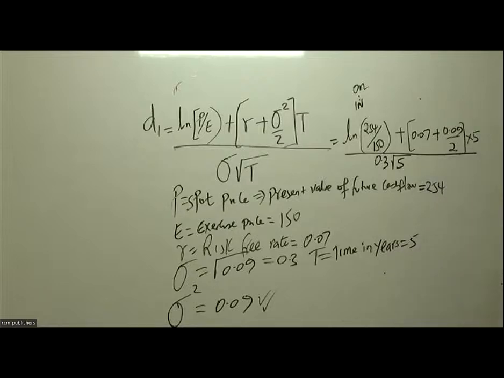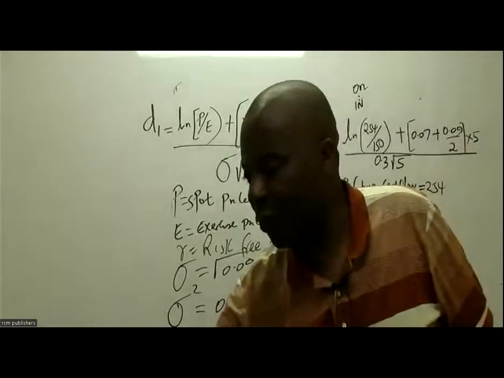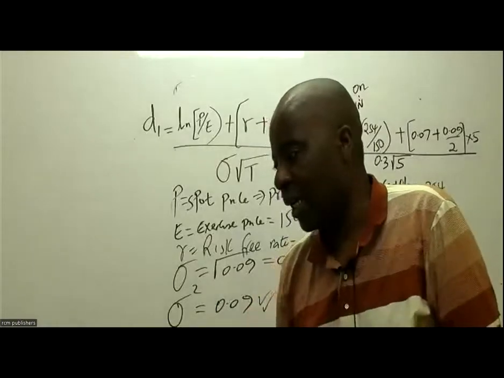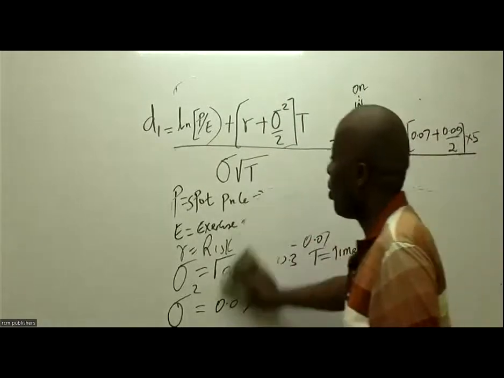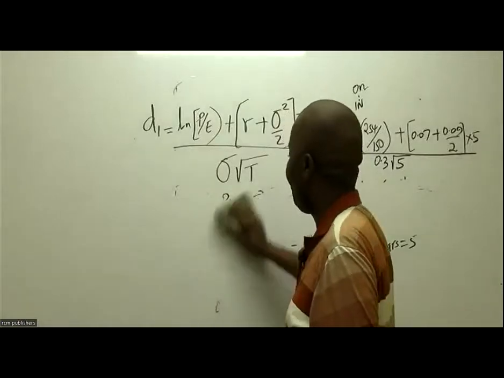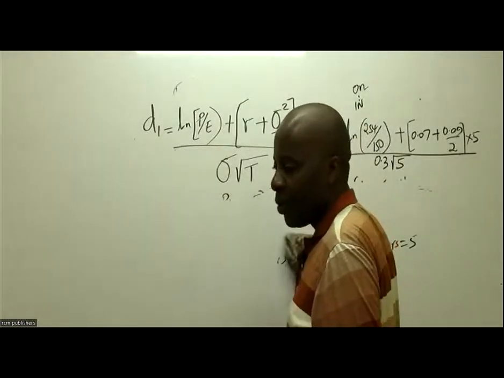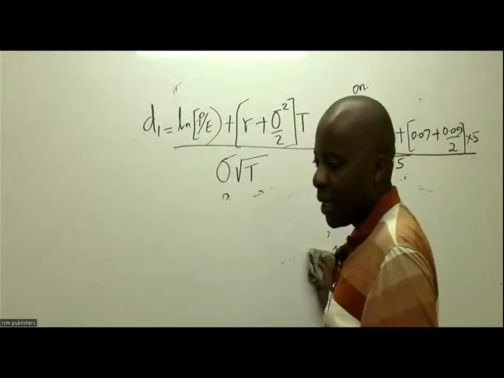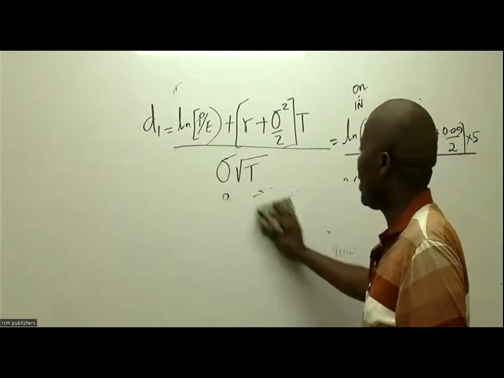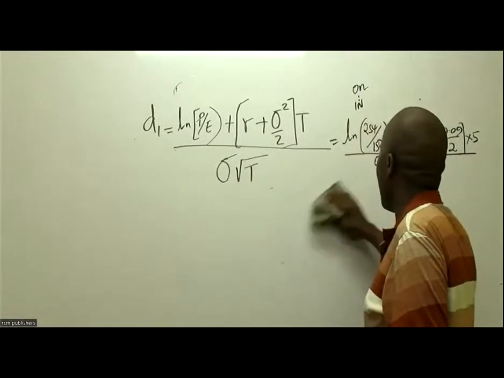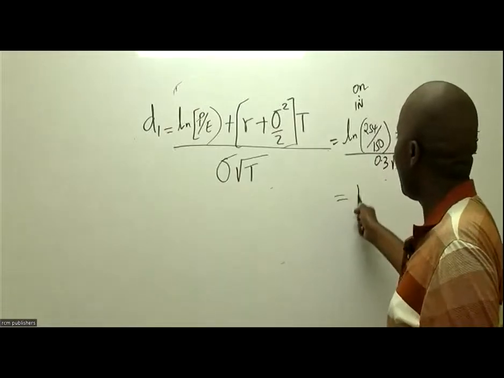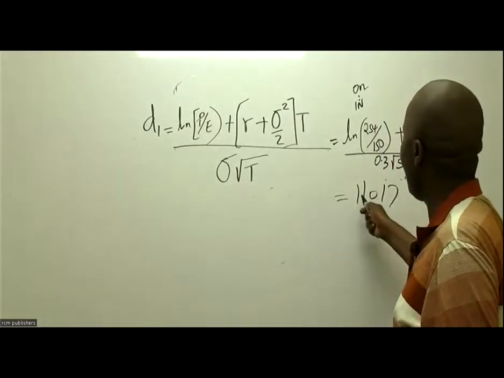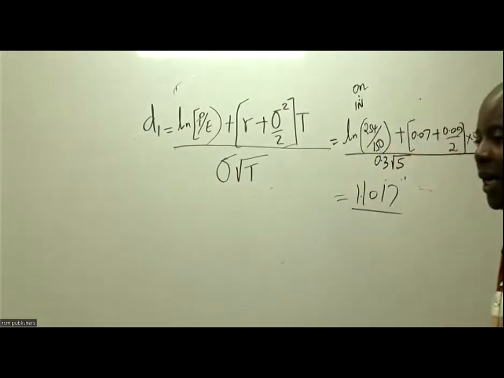So is there anybody who is able to get the numerator for us? Yagon is giving me a figure of 1.1017. Somebody is giving me that the numerator is 1.1017 with a decimal there, divided by the